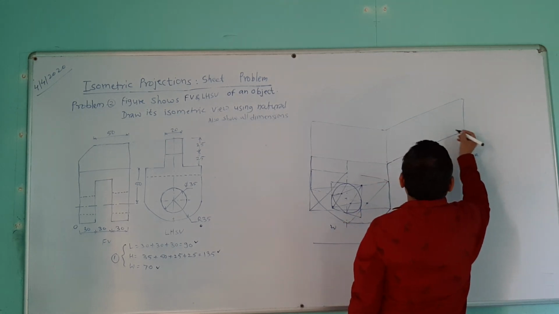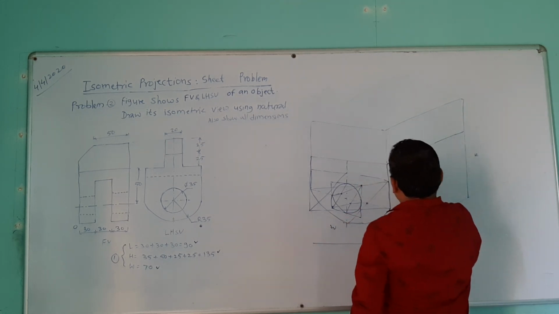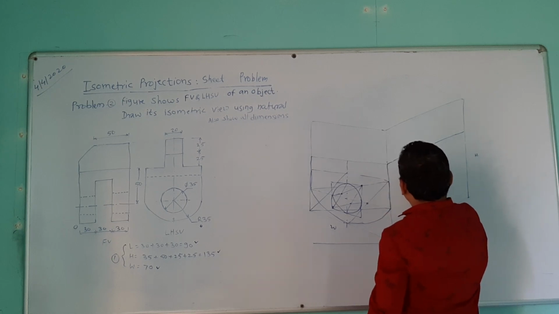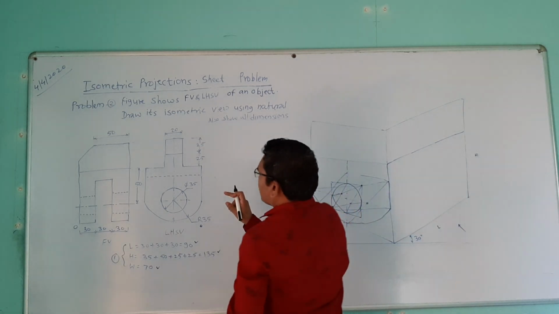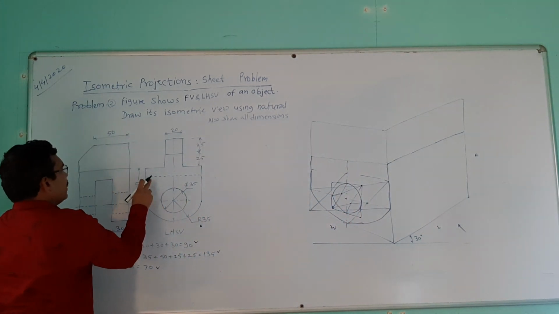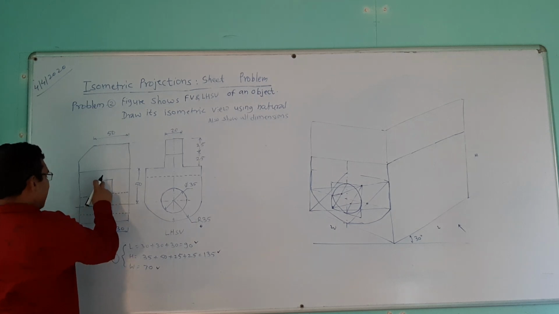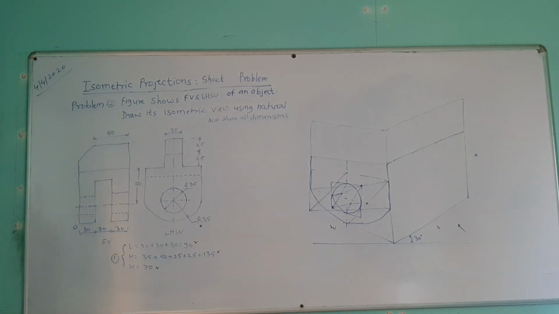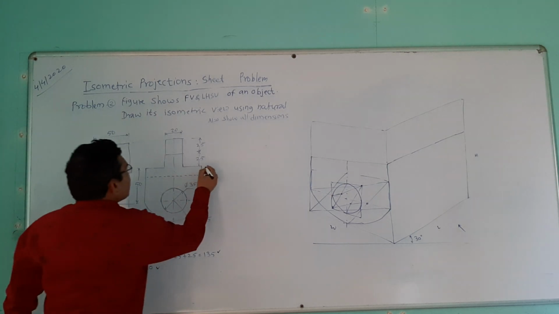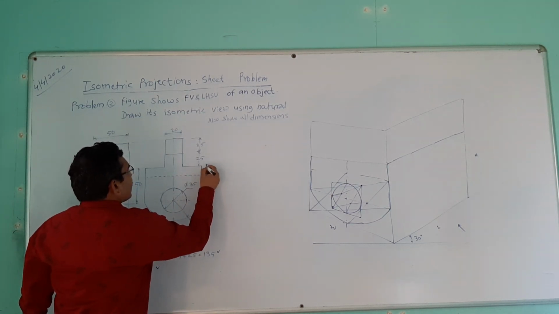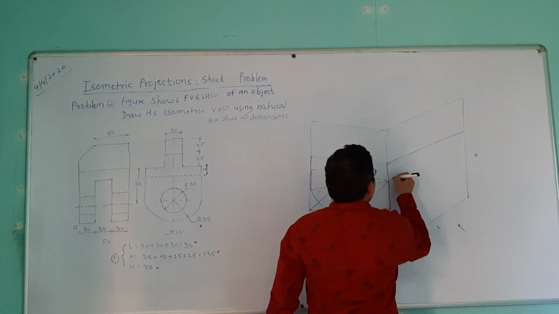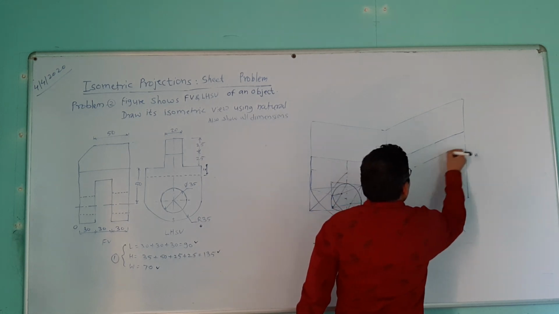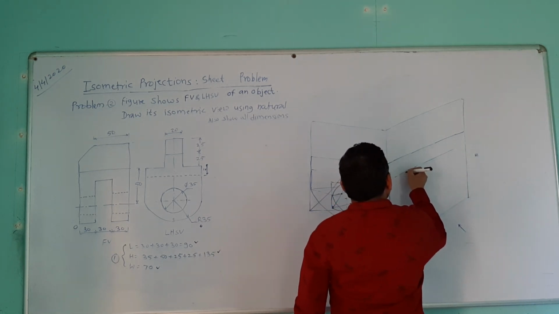So we'll complete here like this, and after this, after 30 we have the gap, and so this inner dimension is given 10 from this. So this dimension is also given here 10 mm. So from this top we'll draw a 10 mm line, and on this 10 mm line, first 30 mm line,